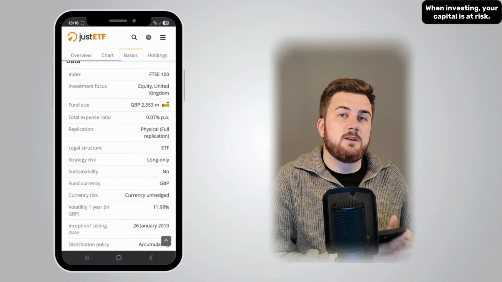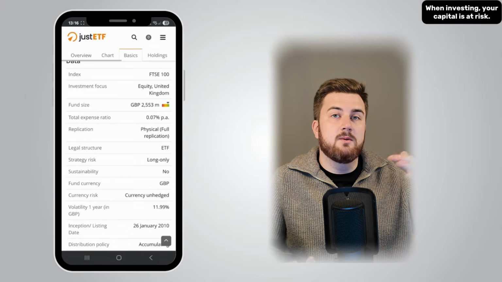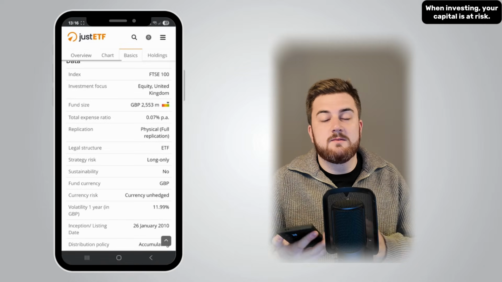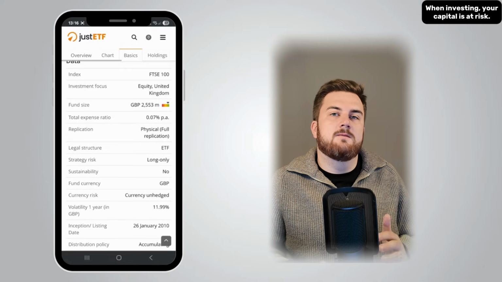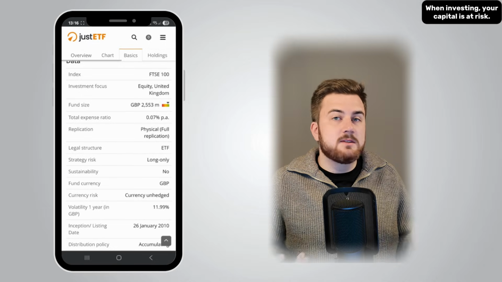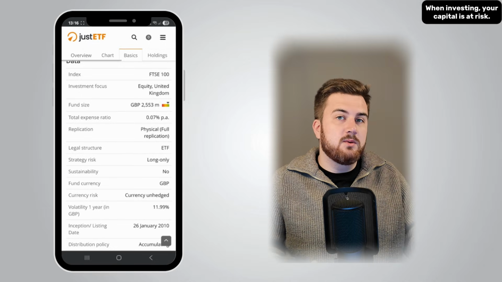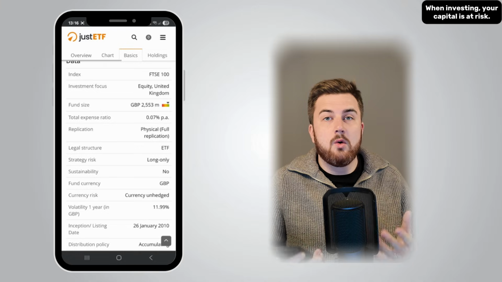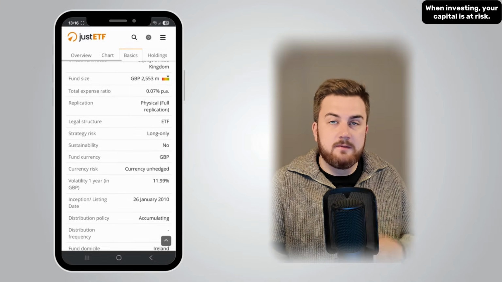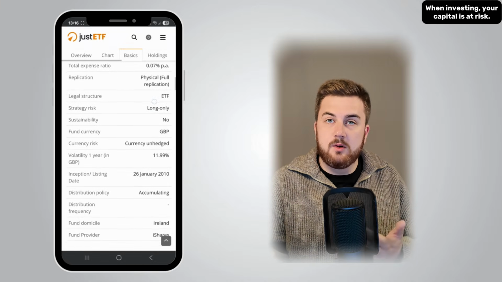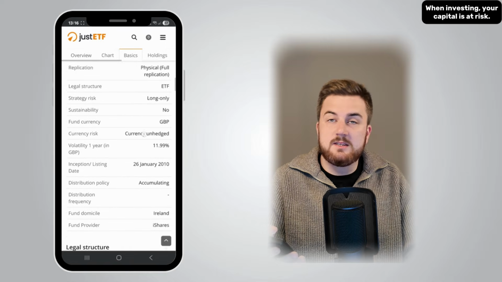Whilst it is to be expected for newer funds, they need time to pick up AUM. But if after a number of years it's still a very small fund, there is a chance a fund provider will close that fund. Now, that doesn't mean you lose your money. It just means the fund might be liquidated and you get your cash back, or it might be merged with another fund. Other things to consider here are launch date, so how old or new the ETF is, distribution policy,